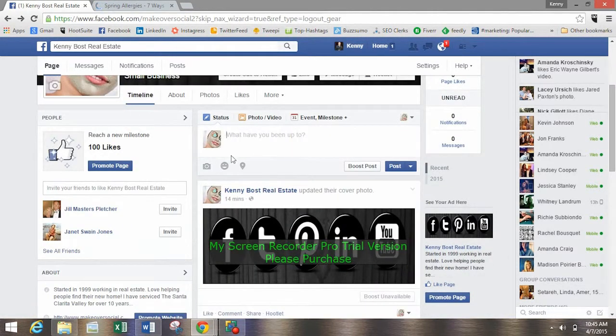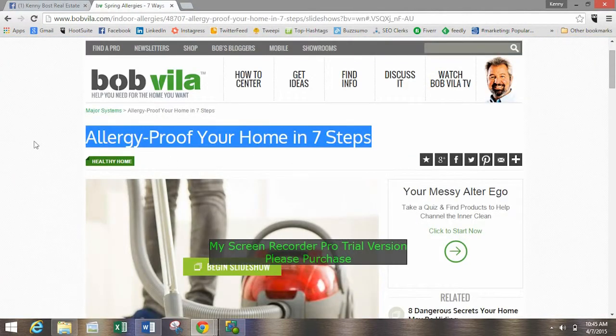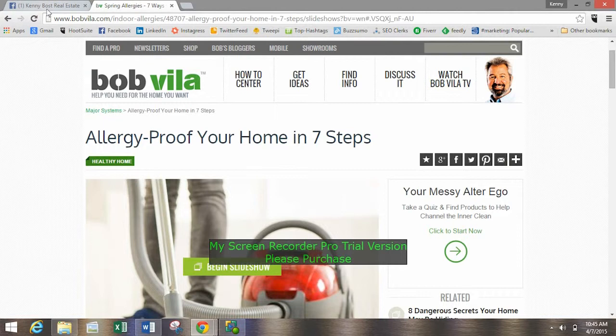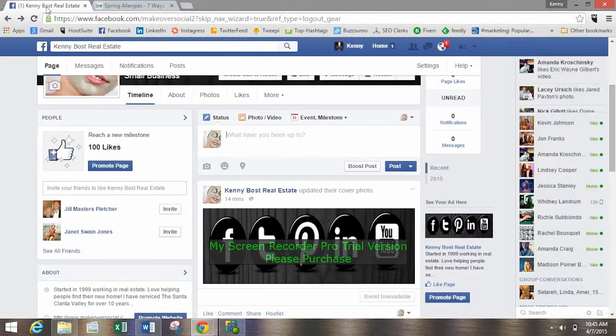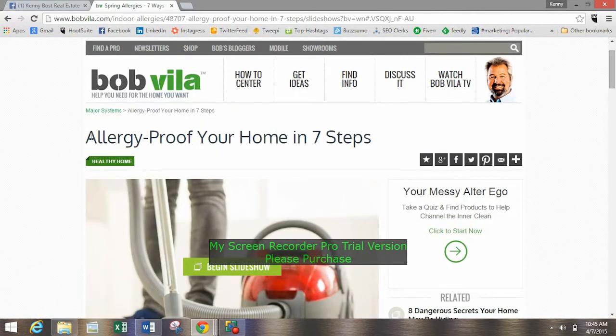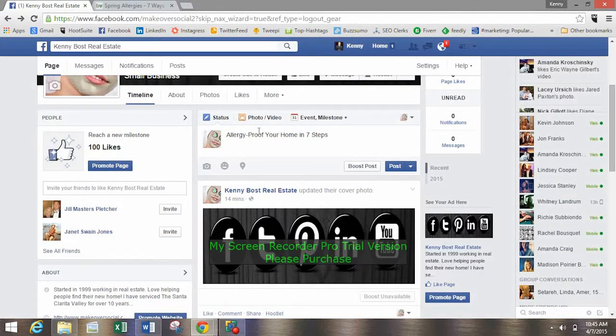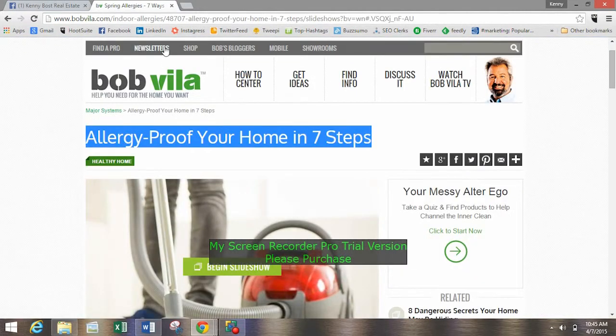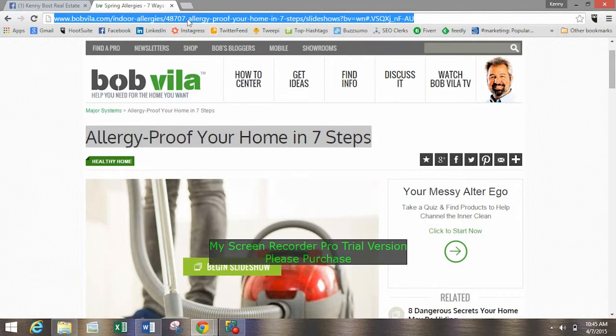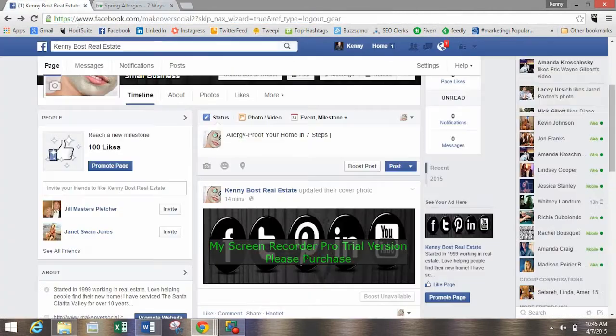So we're going to talk about how to format a post based on this story right here. The main points to formatting a post correctly are the title. So we copy this title, go over to here, paste the title. Then we do either a bar or a colon or a dash, and we're going to go ahead and do a link right here that goes to the story. We're going to put that into here.